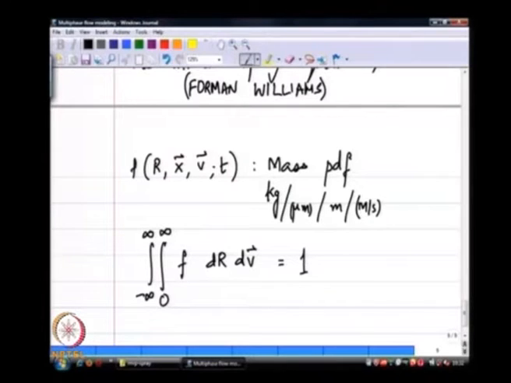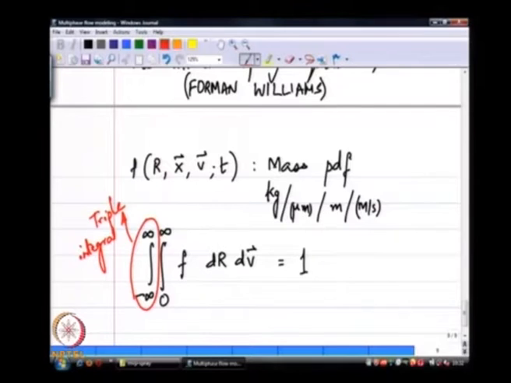That is the probability of finding a drop in the size 0 to infinity with velocity component. So, really this first integral is a triple integral. At a given point, the probability of finding a drop from 0 to infinity and velocity components minus infinity to infinity